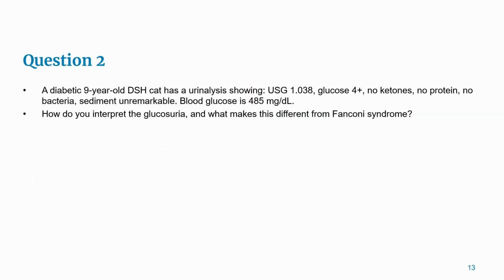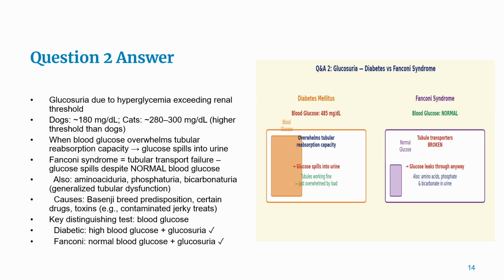Question 2. Diabetic cat, very high blood glucose and lots of glucose spilling into the urine. How do you explain the glucosuria physiologically, and how would you know if this were Fanconi syndrome instead of diabetes? Question to think through mechanistically. The kidney tubules normally reclaim all filtered glucose. It's too valuable to waste. But when blood glucose goes very high, as in this diabetic cat, it exceeds the tubular transport maximum. The tubules are working fine, they're just overwhelmed by the